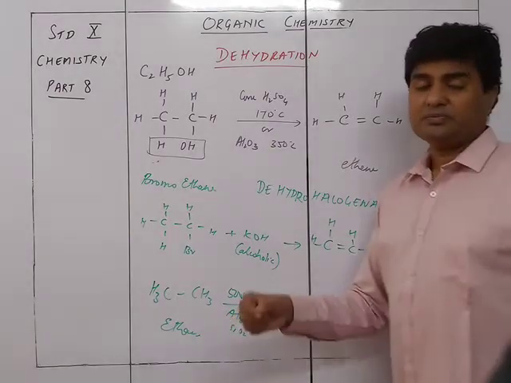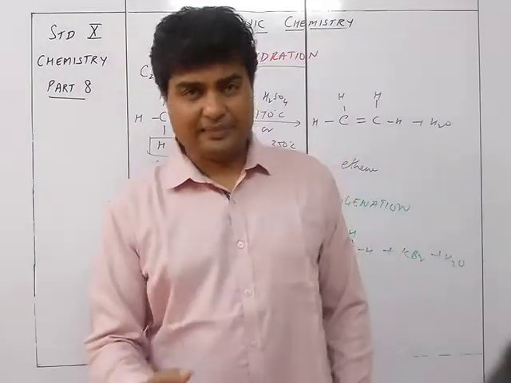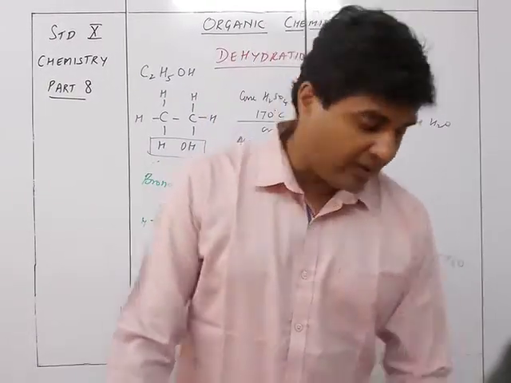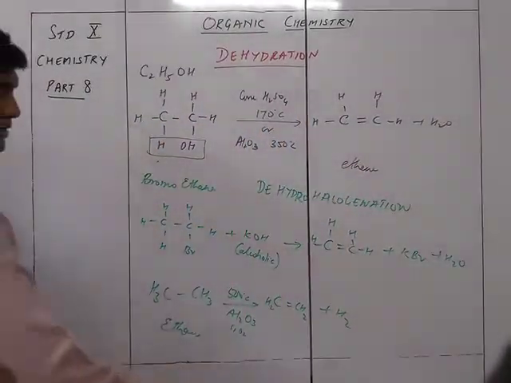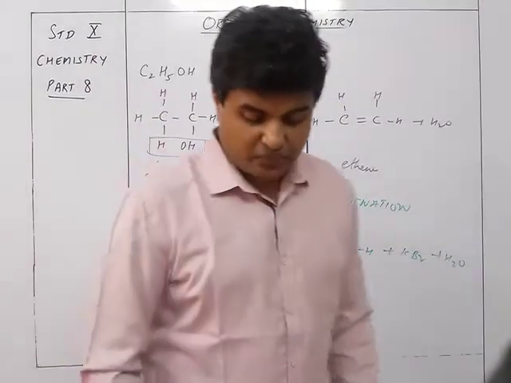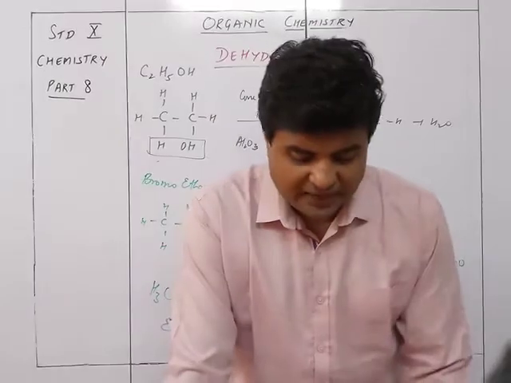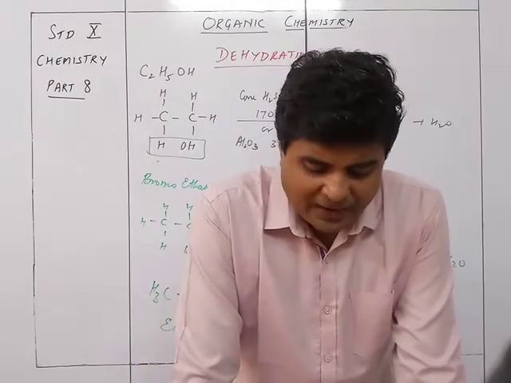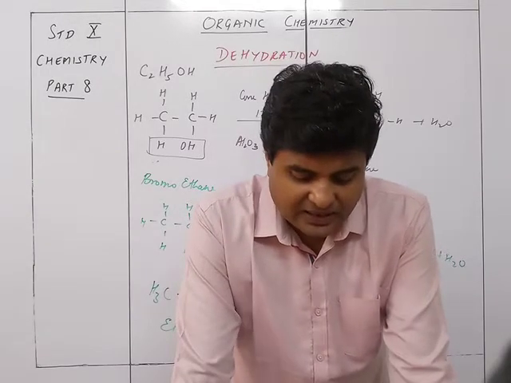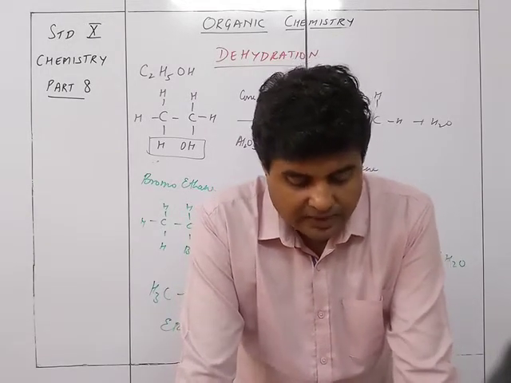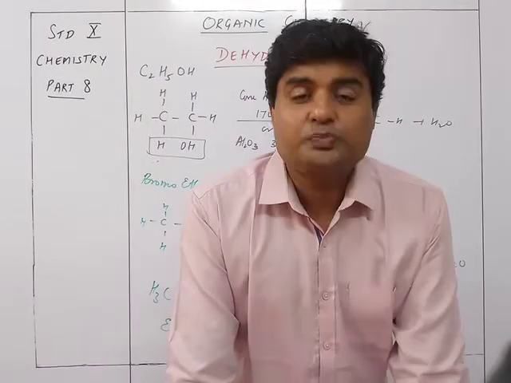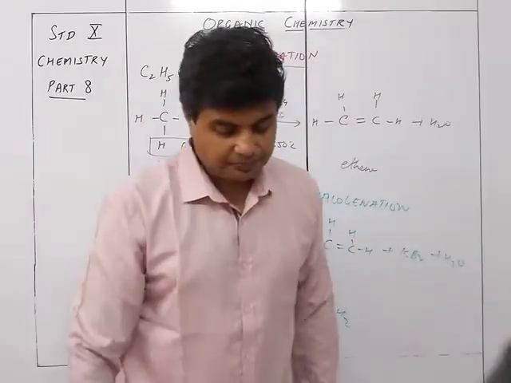And finally is the pyrolysis, which is cracking. So cracking or dehydrogenation is the method wherein you remove two hydrogens from here, making it dehydrogenation. So those are the three methods of production of ethene. Ethane on thermal decomposition at high temperature in the presence of a catalyst, silica alumina, that is SiO2 and Al2O3, gives ethene. The reaction is a pyrolysis reaction.